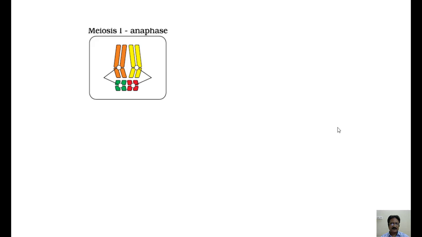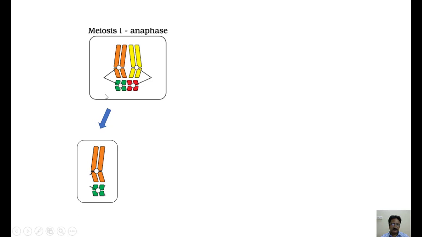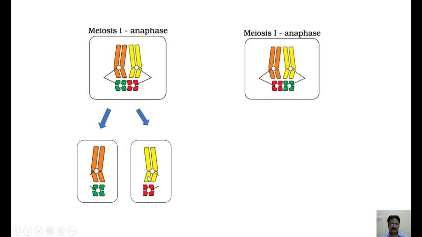Now let us study what happens in anaphase. Let us try to understand this part. This is also important. Now, in meiosis 1 anaphase, just now we have understood this topic. That during meiosis, these two chromosomes will go to one pole, these two chromosomes will go to the other pole. I don't think it needs more elaboration. You can see the stages, what is happening. So one cell has these two chromosomes. Similarly, the other cell has these two chromosomes. It's very clear. There is no problem in this.